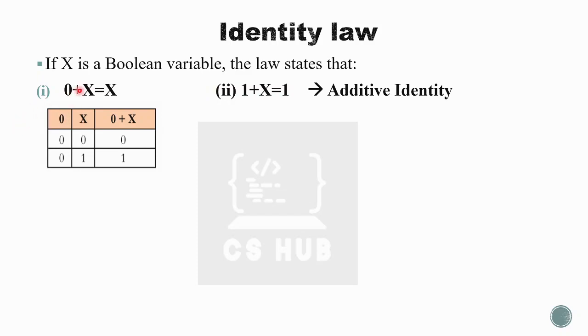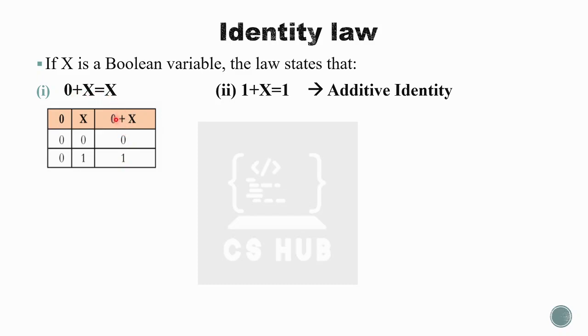So we are having two inputs, 0 and x, and we have two combinations, 0, 0 and 0, 1. The first input is 0, which is always 0, and the second input is x. x can take two values, either 0 or 1. So these are the columns, and next 0 plus x. We can add 0 plus 0, we will get a 0. When we add 0 with 1, we will get a 1. Then our statement is 0 plus x equal to x.